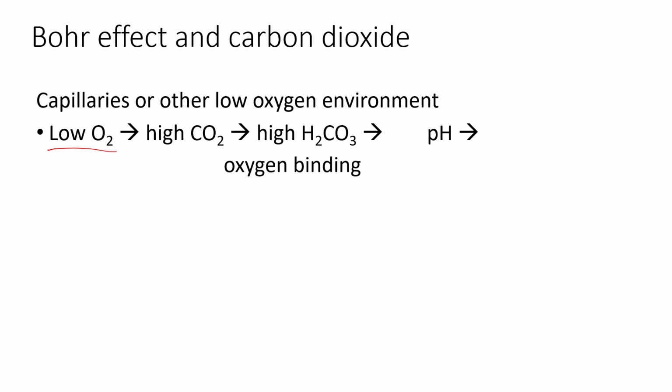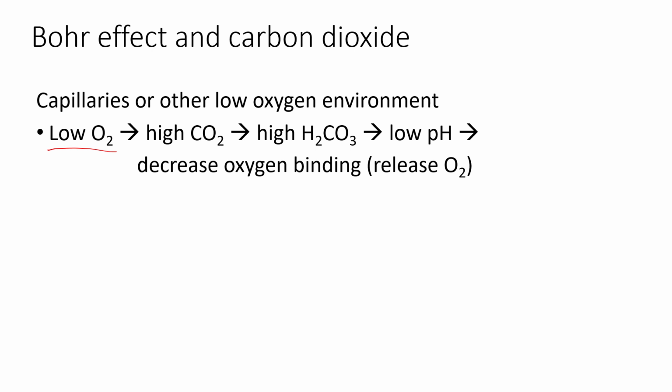And when we have high carbon dioxide, once that dissolves into an aqueous solution, that will give us high carbonic acid. And so with high carbonic acid, a proton can dissociate, right, which lowers the pH. This is an acidic sort of environment. And so overall, this is going to decrease oxygen binding and allow us to release oxygen, because again, we talked about with the Bohr effect that low pH shifts the hemoglobin more into that T state,